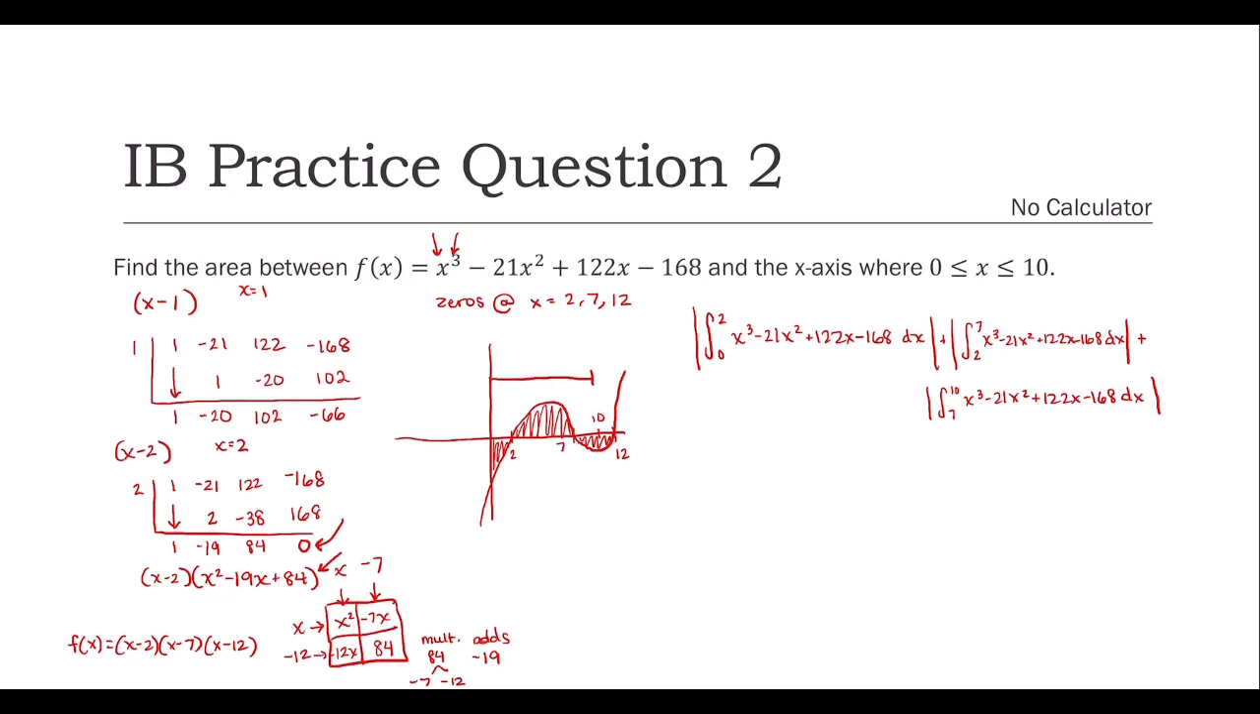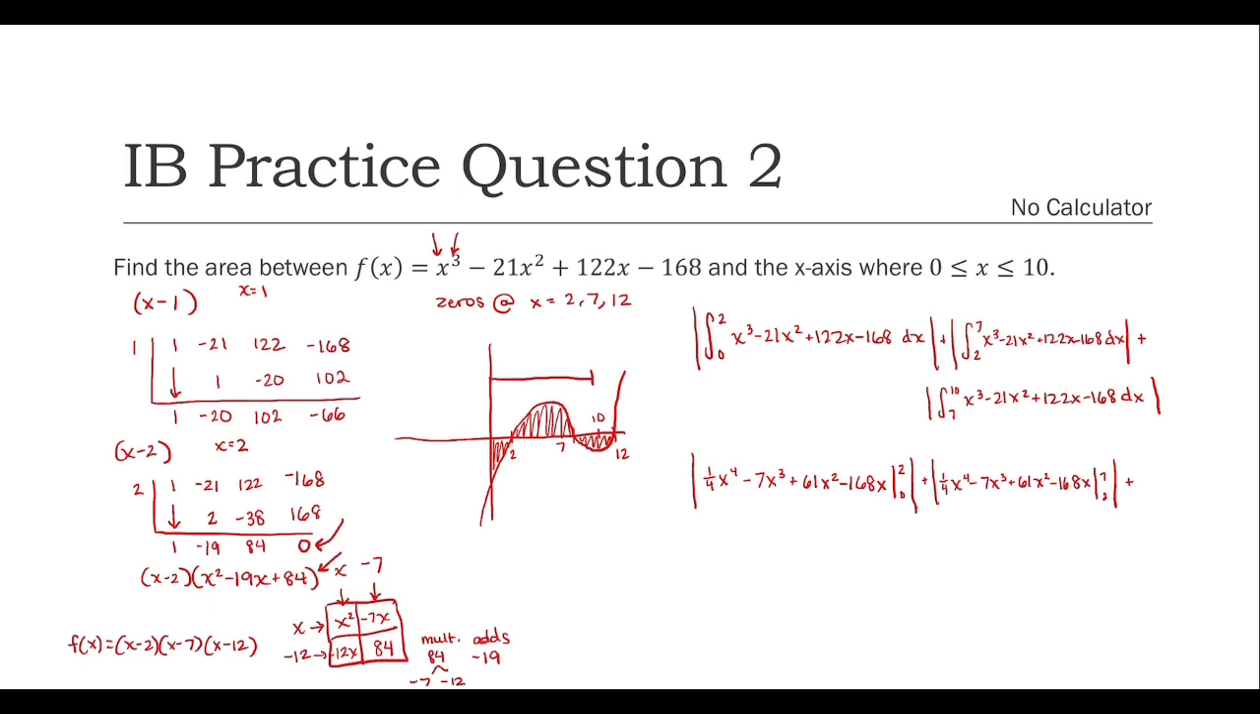So our integral would be 1/4 x to the 4th minus 7x cubed plus 61x squared minus 168x evaluated from 0 to 2, and the absolute value of that, plus the absolute value of the second part. So it's going to be the same integral, 1/4 x to the 4th minus 7x cubed plus 61x squared minus 168x evaluated from 2 to 7